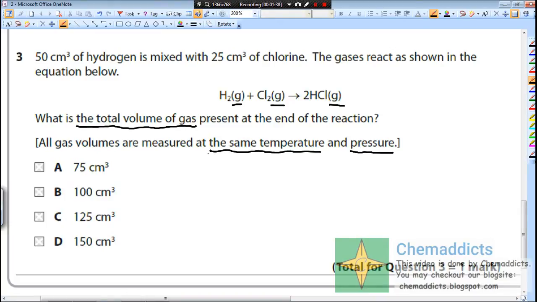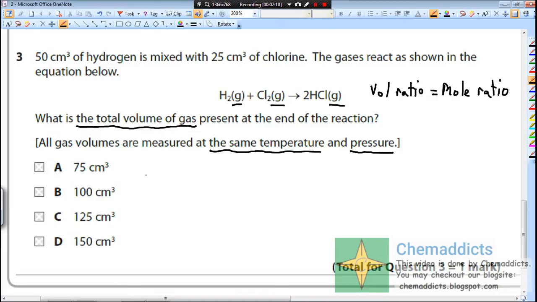So in this condition we will use this relation that volume ratio would be equivalent to mole ratio. Okay. So this makes the calculation much easier at this condition. So in this given condition the volume ratio is equal to mole ratio. This is called Avogadro's concept. Okay. So now let's get back to the calculation.